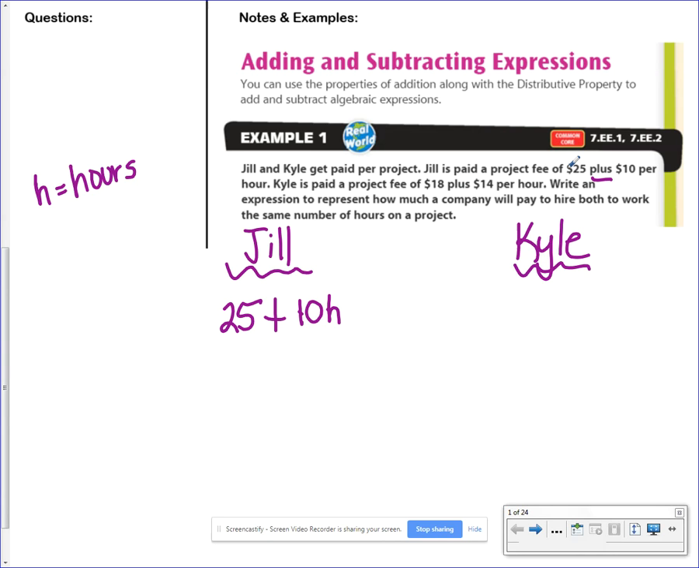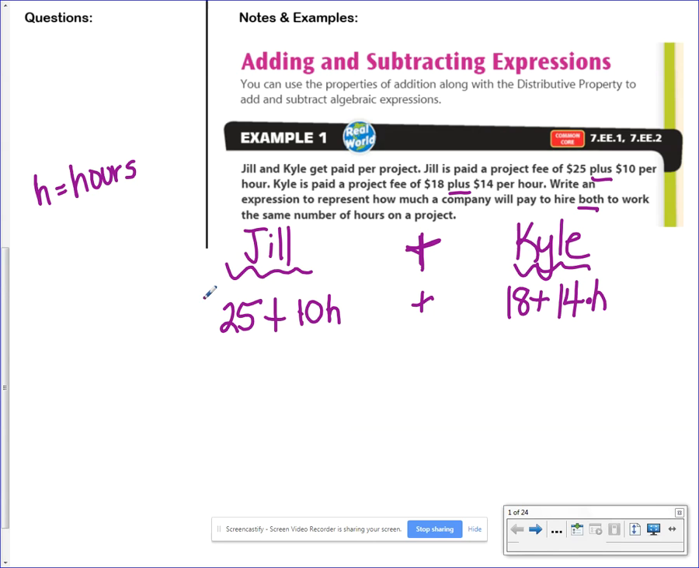Okay, that's Jill. Kyle is paid a project fee of $18 plus $14 per hour. 14 times H, or 14H. Write an expression to represent how much a company will pay to hire both of them to work the same number of hours on a project. So if I've got both of them, I'm going to add them together. Jill's pay plus Kyle's pay, which means I'm going to come down and take this whole blob plus this whole